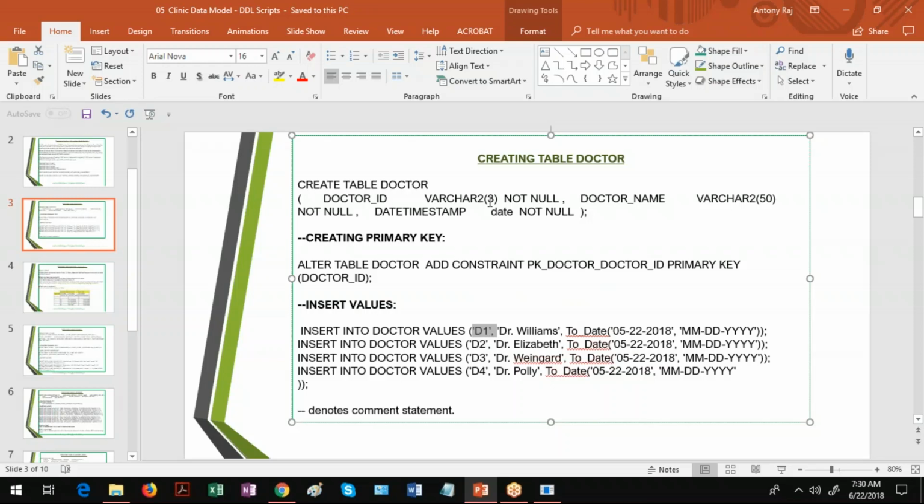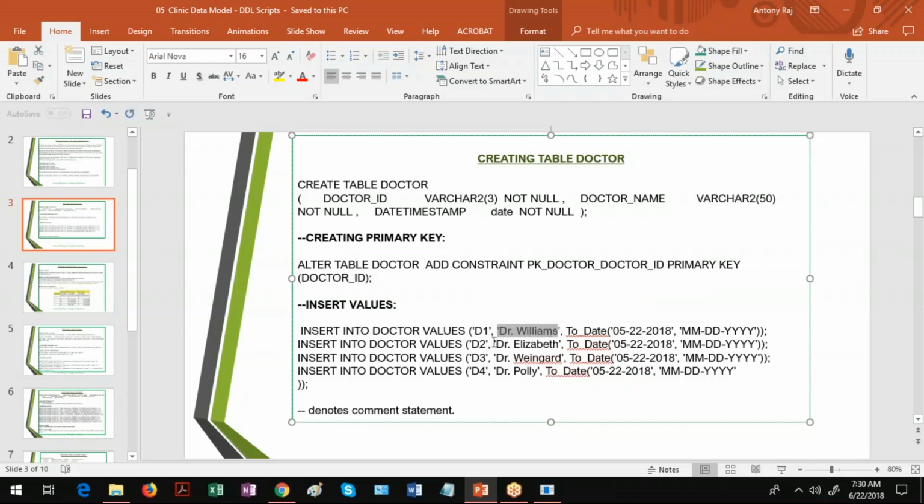Now Varchar2 will store number values as well as character values. So whenever we say Varchar2, the values that you're going to insert have to be enclosed by quotes, and that is why you see this apostrophe, apostrophe and comma to separate this first column and the second column.